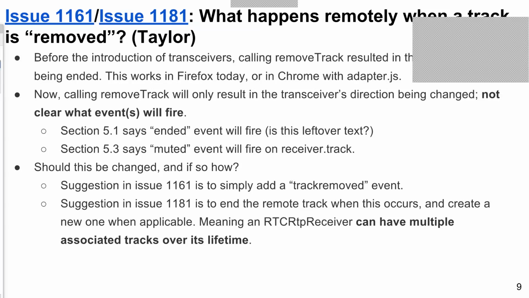Yes, I understand what you mean, but the muted track is a red herring, because muted can go on and off all the time. Specifically, a browser can implement a privacy shield, for instance, that would let the end user mute something, and that would fire in that case, and also overconstrained events. So for a receive track to use the muted case,